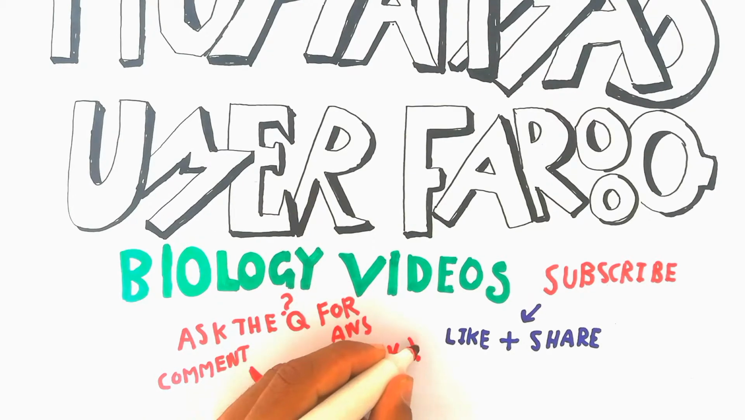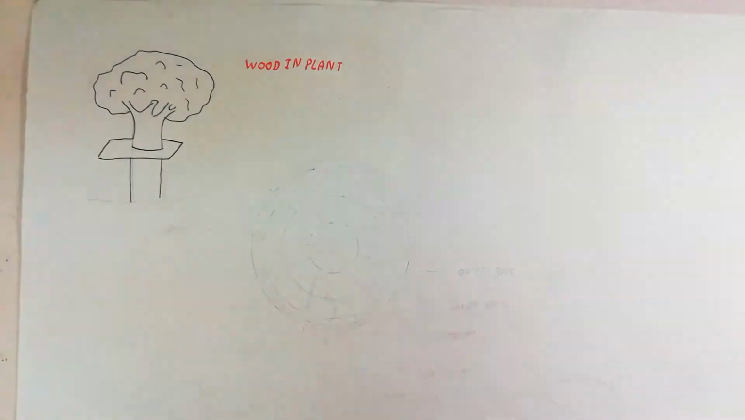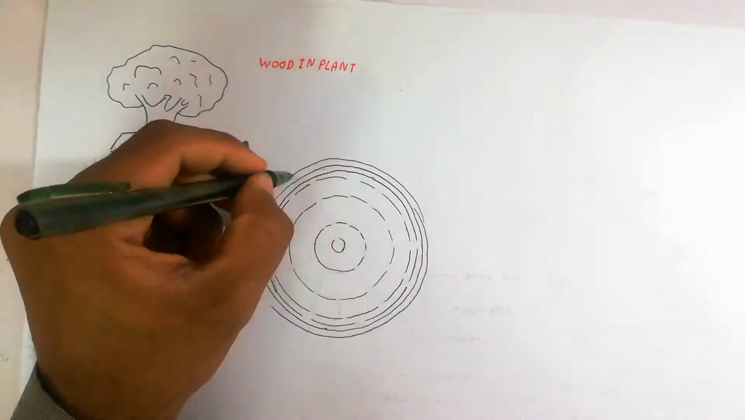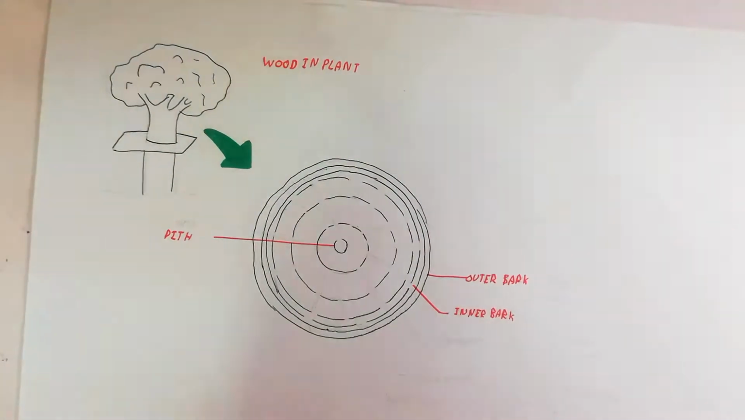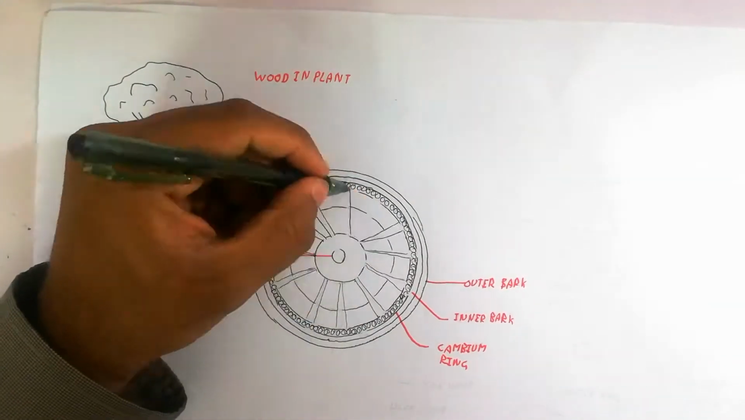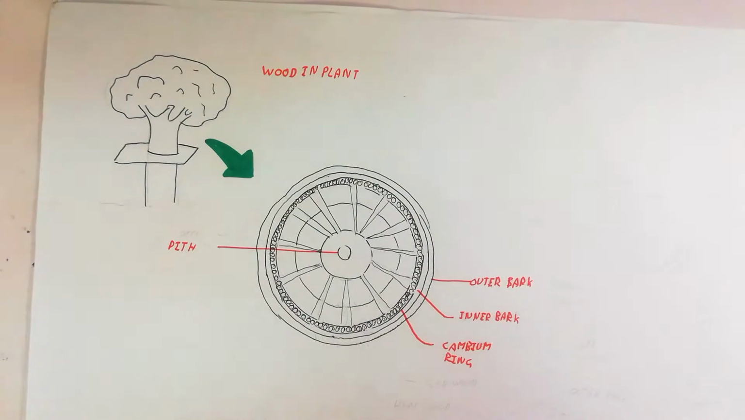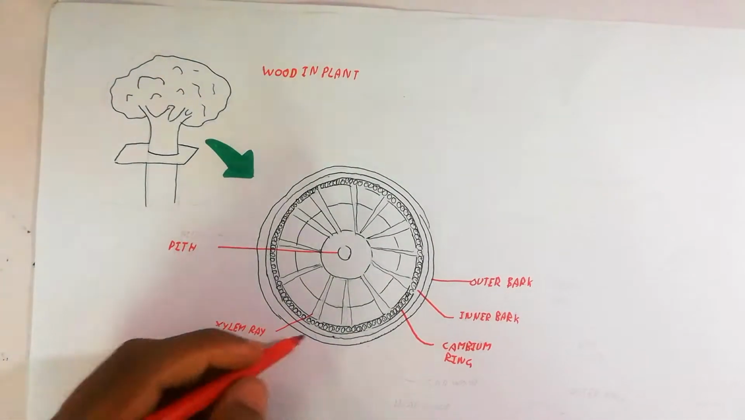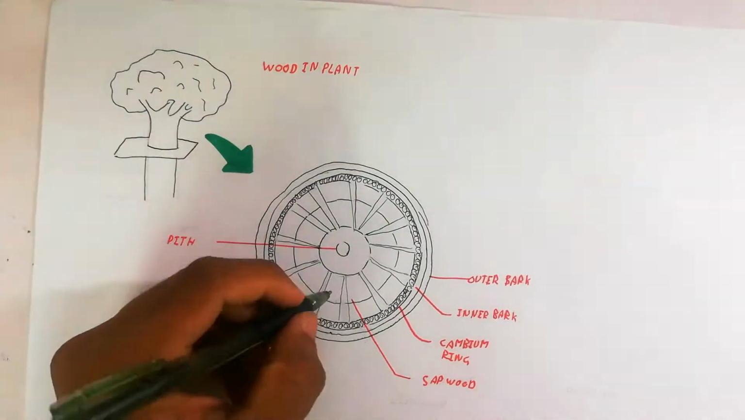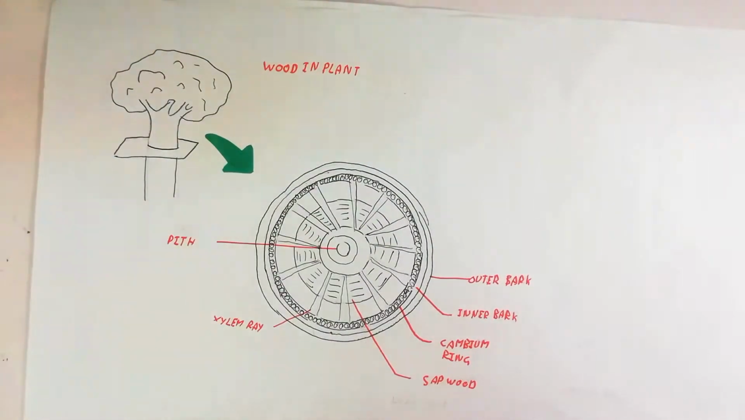So in this video we will talk about wood anatomy. Here is the stem, the plant, and here is the cross section of the wood. The wood is composed of different layers, from the primary xylem to the secondary xylem. Here are basically the outer and inner bark and the cambium ring. Outside the cambium ring is the phloem, the primary and secondary phloem, and inside the cambium ring are the secondary xylem and primary xylem. The secondary xylem is here,